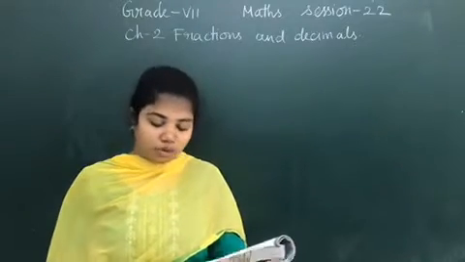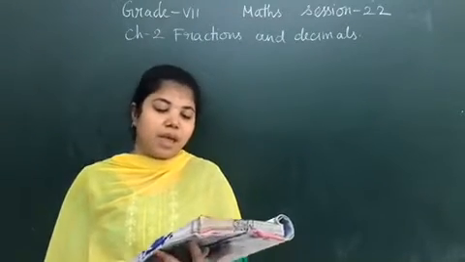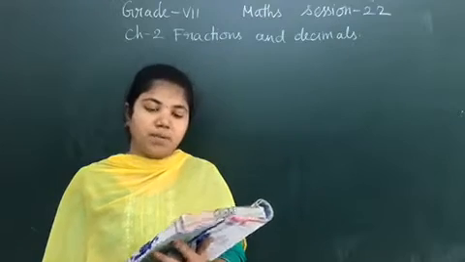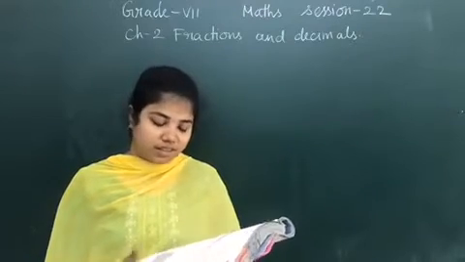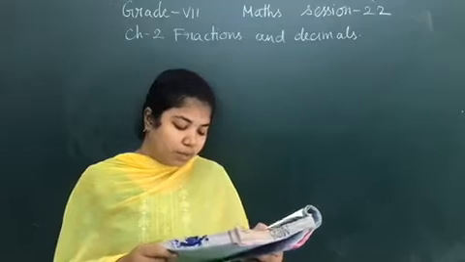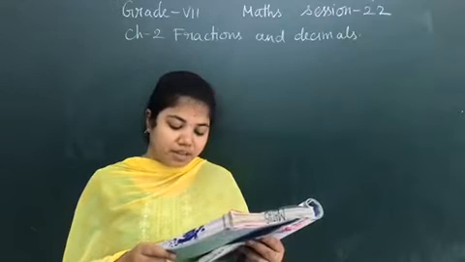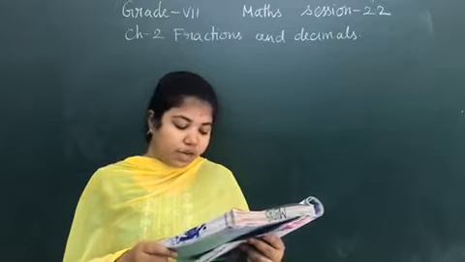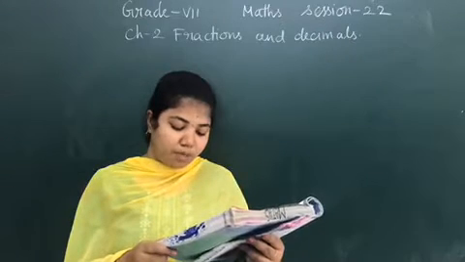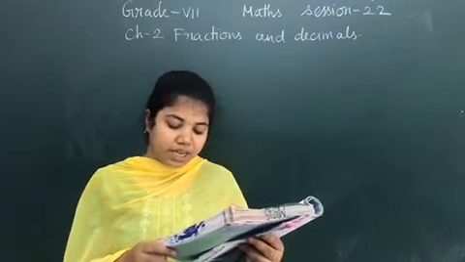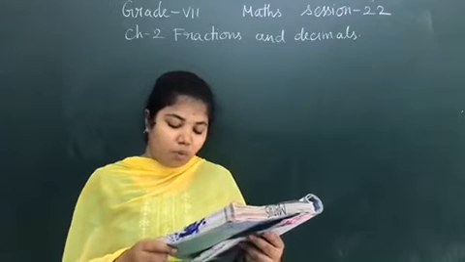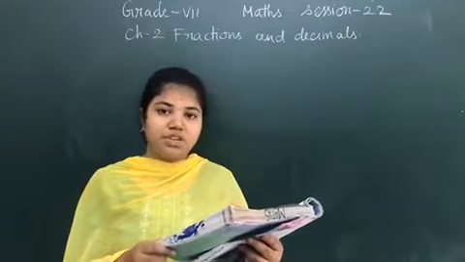Now let us move on to the next sum, the sixth sum. Please take your book, page number 31, and see the sixth sum. Salil wants to put a picture in a frame. The picture is 7/5 centimeter wide. To fit in the frame, the picture cannot be more than 7/10 centimeter wide. How much should the picture be trimmed?